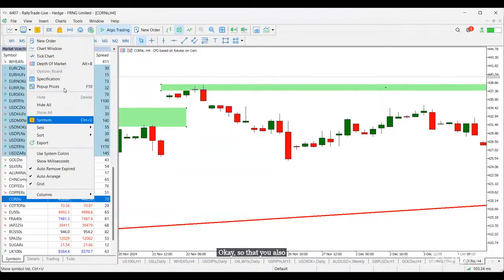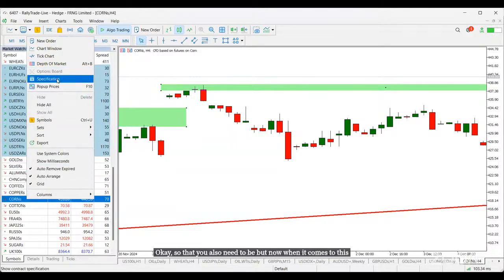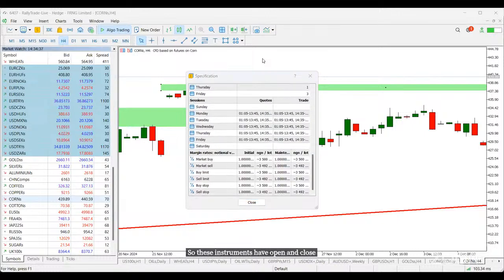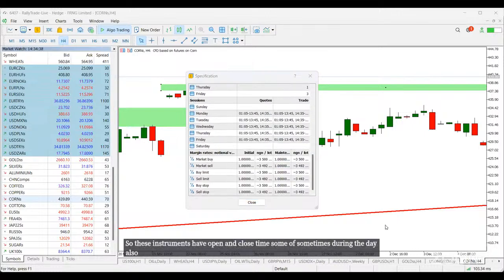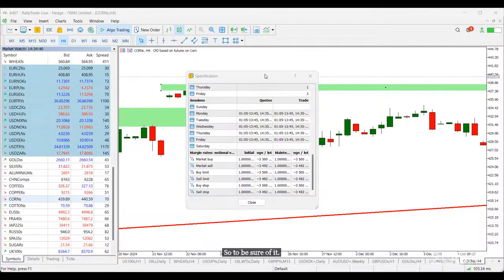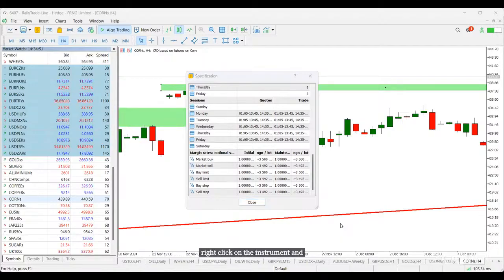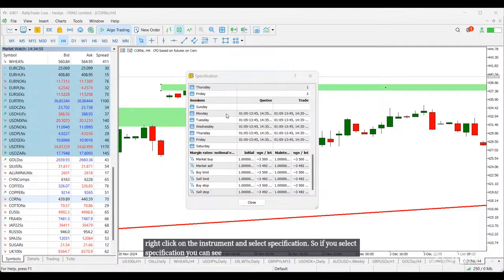But now when it comes to this instrument also, let me say that some of these instruments have open and close times, sometimes during the day also. So to be sure of it, if you're using your system, you can just right click on corn, right click on the instrument and select specification. If you select specification, you can see their open and close time. Look at it. Mondays